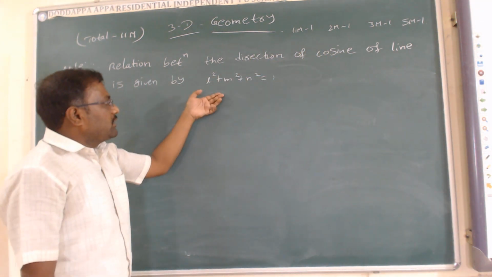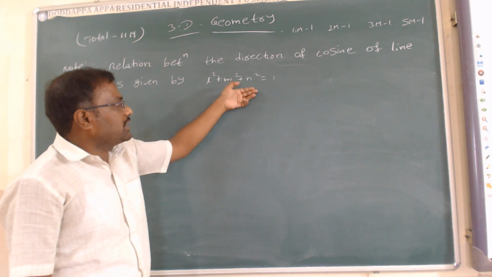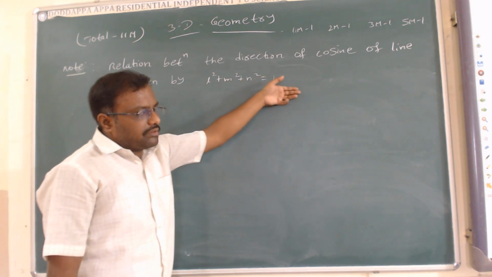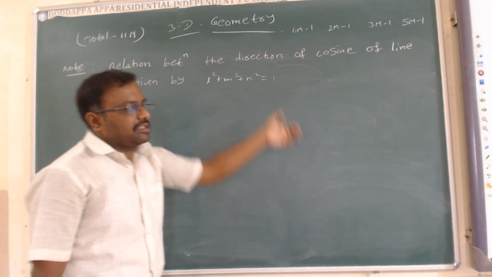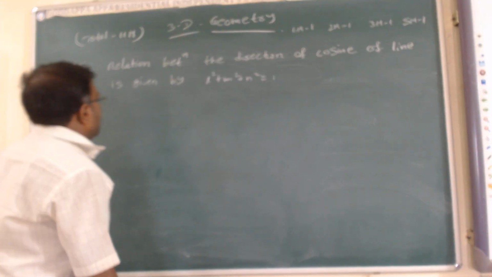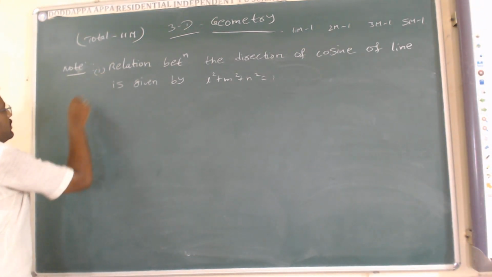L means what? AK square plus M is what? MK square plus N is equal to what? AK square is equal to what? 1. If you simplify it, again we get the value 1 only, right? So first note. So next, second note,